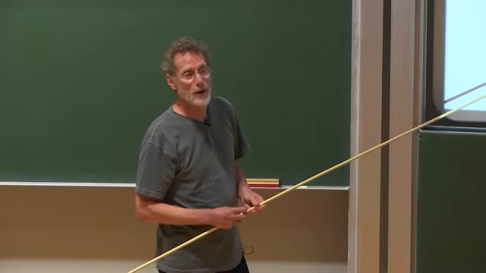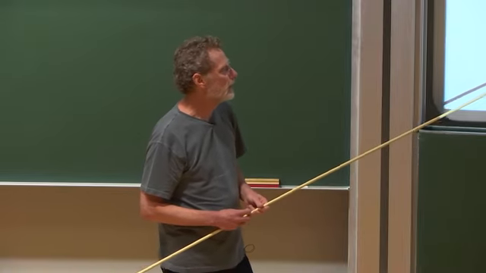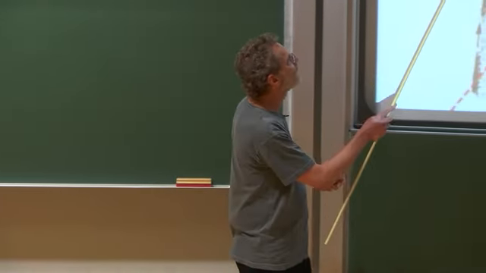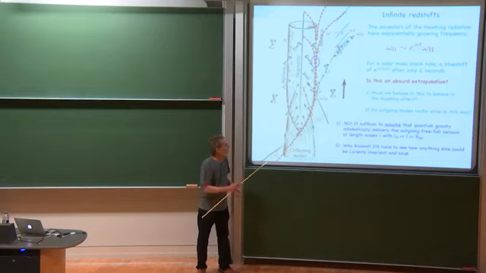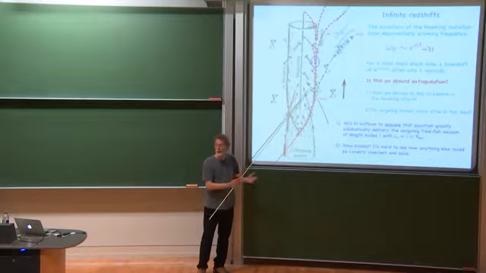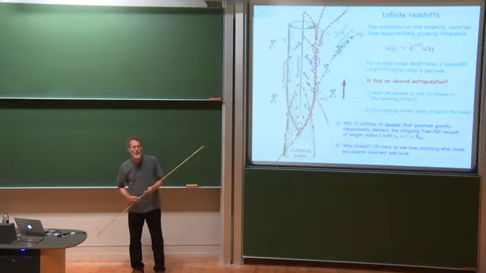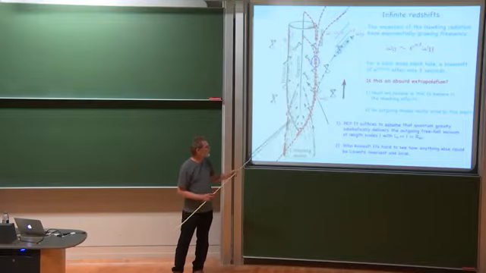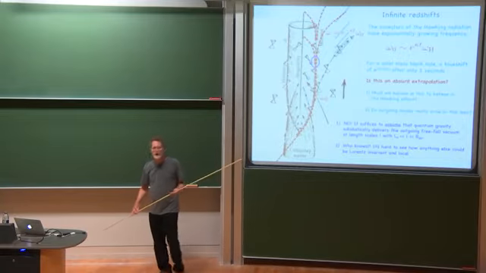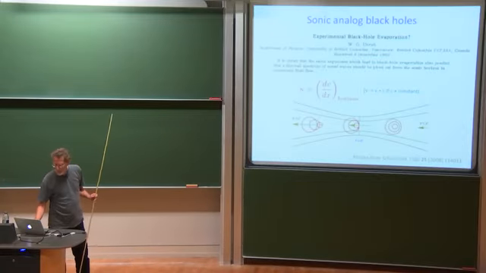But I actually believe something like that must be true in quantum gravity, because the only alternative is that some kind of Lorentz-violating process happens near the horizon, as it does in the sonic models I'm about to tell you about, and instead resolves this infinite redshift puzzle in a different way. But I'm not proposing that space-time violates Lorentz symmetry. I think instead there's some non-local process that produces the true outgoing black hole modes.